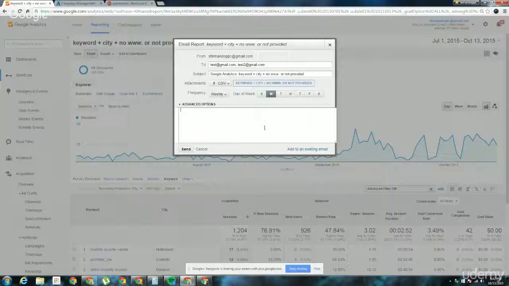XLSX rather. And the frequency, which you can do daily, once, or any of the other options here, and choose what day of the week you want it to send if you have selected one of those that apply to that day of the week option there. You can also put a little custom message here like, hey, here is the report you wanted, and it will send with the email. So that's another pretty useful tool if you want to send, let's say, a business partner,